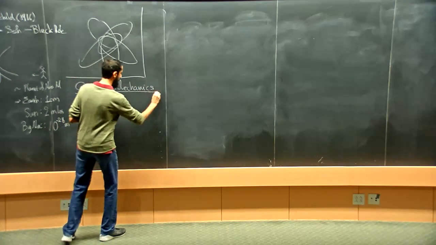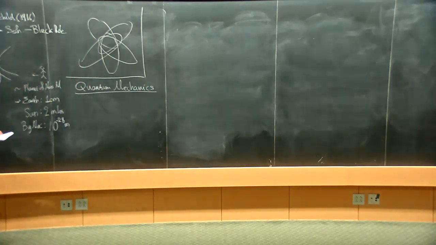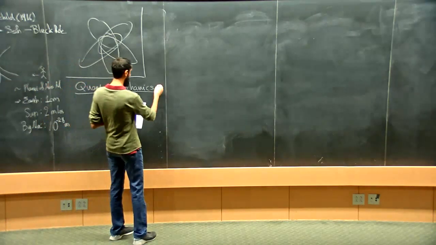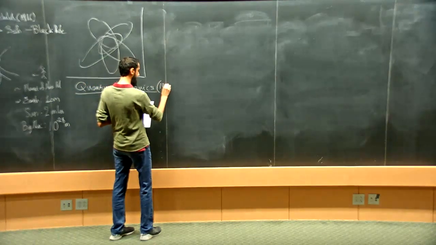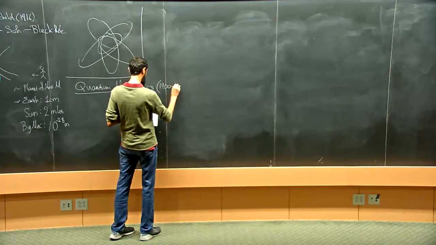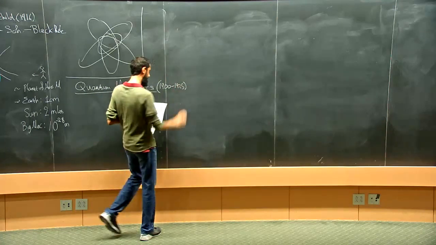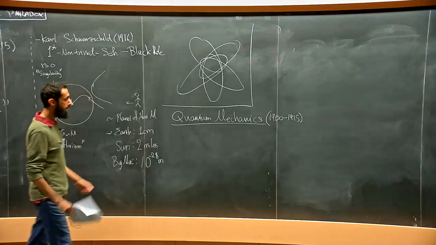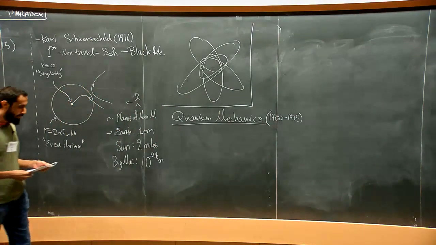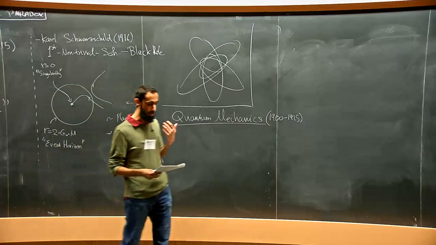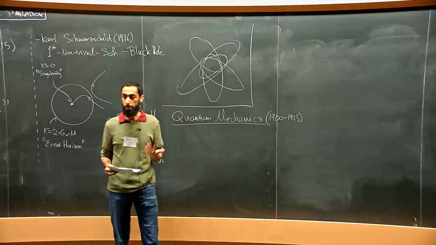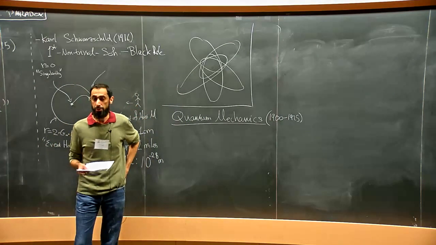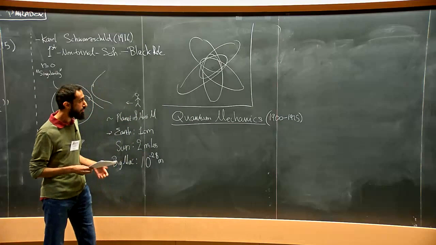So now we're really changing gears. Quantum mechanics was developed mostly between 1900 and 1925. But really, this was in formulating the theory, but now we use it everywhere. It was driven by insight from Max Planck, Albert Einstein, and Niels Bohr. And the first complete formulation of the theory was due to